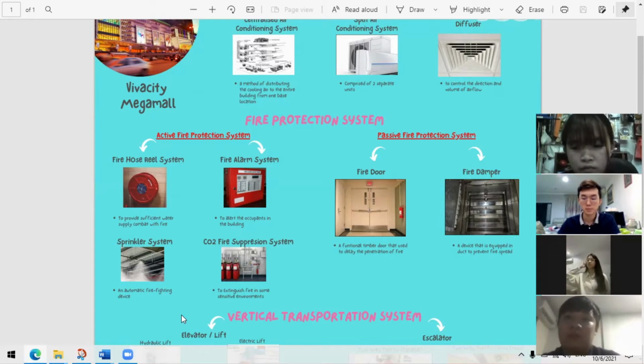As for the fire sprinkler system, it is an automatic firefighting device used to extinguish or control the fire at its early stages. It usually consists of a piping system that is installed inside the building, and the pipeline, together with the sprinkler head, are connected to the water storage tank at the ground floor. In Viva City Mega Mall, the sprinkler head can be found at the ceiling of each floor in order to